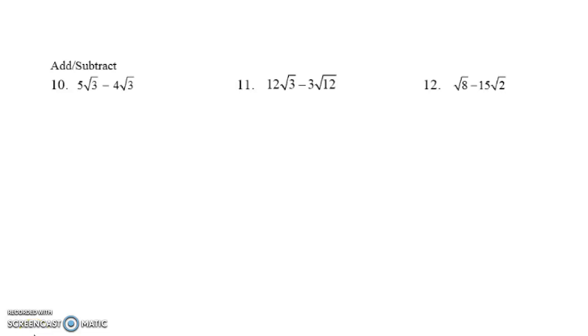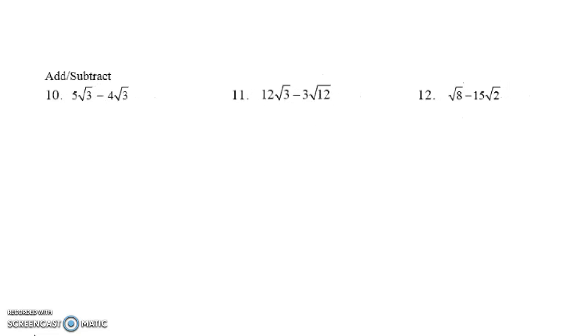I wanted to talk through these add and subtract expressions with radicals. These are fully simplified in problem 10. If you have 5 root 3's minus, and you take away 4 root 3's, you should recognize what you have left. Think about it as like terms, right? But 12 root 3's minus 3 root 12's isn't quite as straightforward. It looks like I can't really combine these because I have no like terms. It's not 3x or 12x minus 3x. It's 12x minus 3y. So we need to figure out if we can rewrite root 12